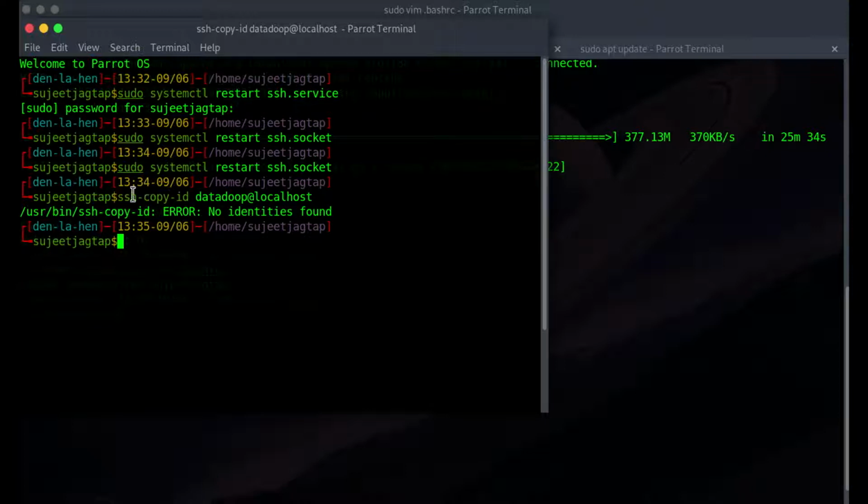So the final one will be this one, where you will have to copy the ID to the localhost. So if you get this specific error saying that there's no identity, that's not an issue.